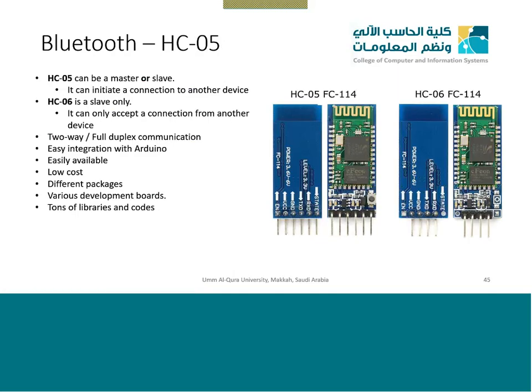This is a Bluetooth device. You can see the antenna is here. The device is only the green one. The big blue board is only to take out the output. It has two versions, and we have both of them, HC-05 and HC-06. One of them can be a master or a slave, like a phone can connect to it, and it can also be the master of that phone. The other one is only a slave. It is only used to connect to a phone or anything.